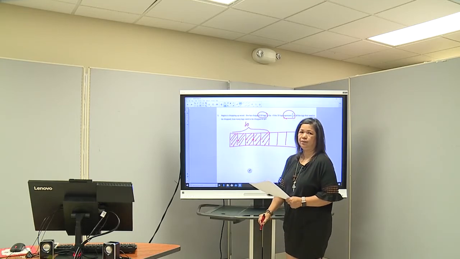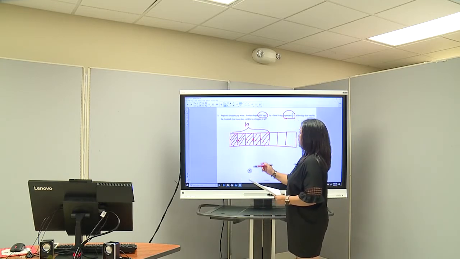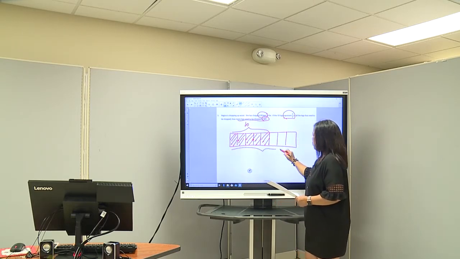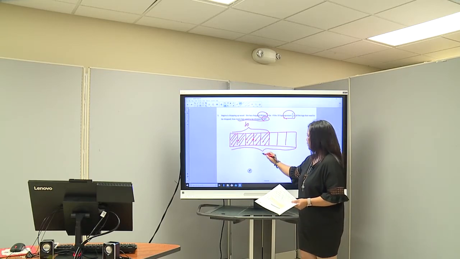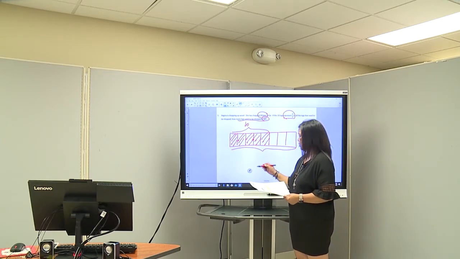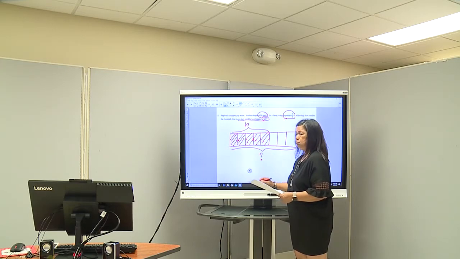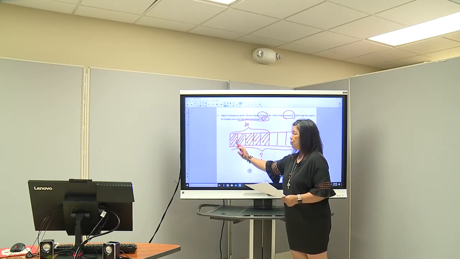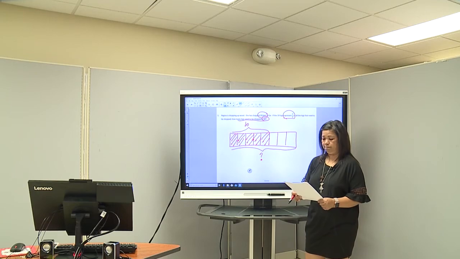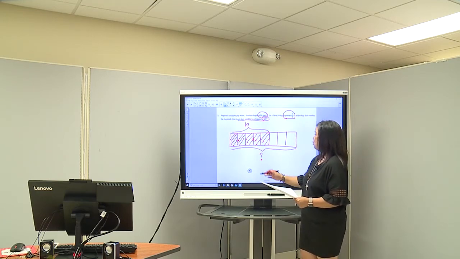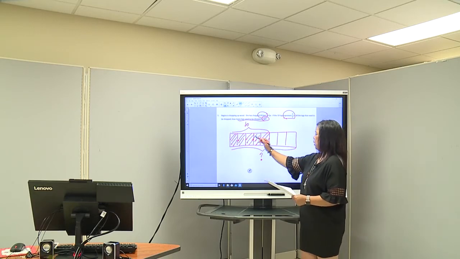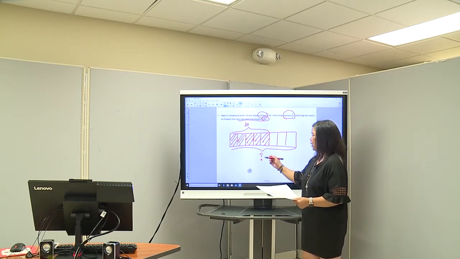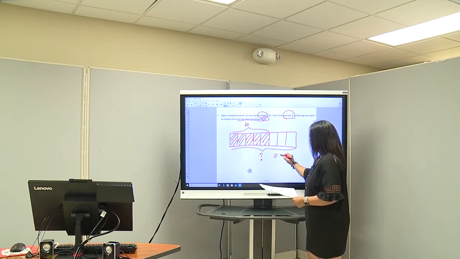So it says 5, 1, 2, 3, 4, 5 represents what? 10 logs. What are we being asked? It says how many logs need to be chopped in all. So remember that first example we did when we read the problem backwards? Okay, what is the unknown? We want to know the whole thing. Okay, that 5/8 represents the 10 logs. Okay, so how do we know the whole thing? How many parts are there? Okay, what do we know? There are 8 parts, but what we know is that 5 parts or 5 units